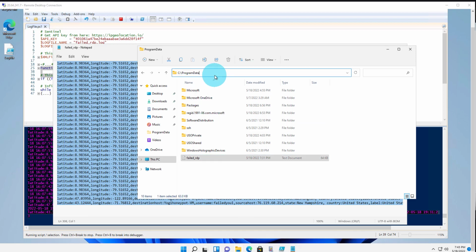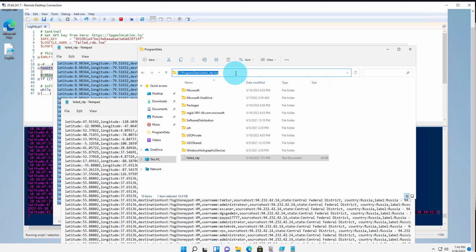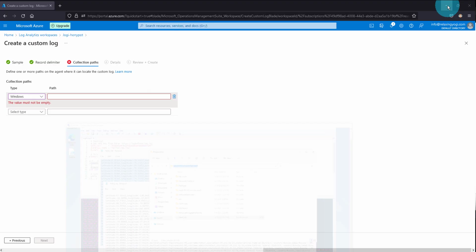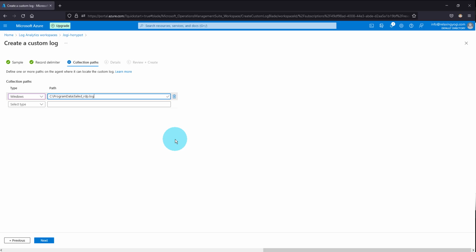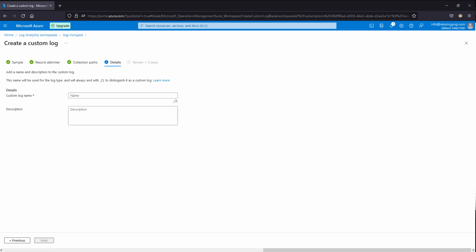and slash, and just copy this out, and paste it here, just to be sure that we are getting the correct path here. Hit next. Right, and we'll name it failed RDP with Geo, and it'll automatically take the CL value here,